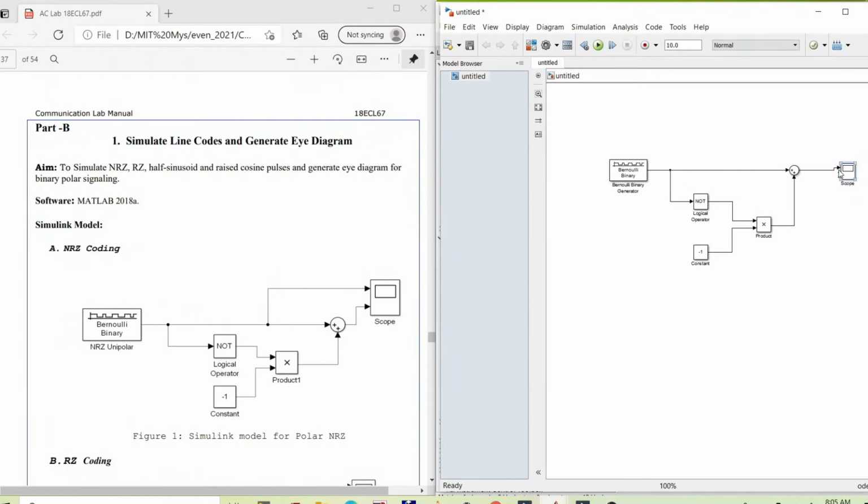Now you can see there are 2 inputs available. So let me reconnect this. One is our polar NRZ output, another one is the Bernoulli binary input. So this is the block diagram.